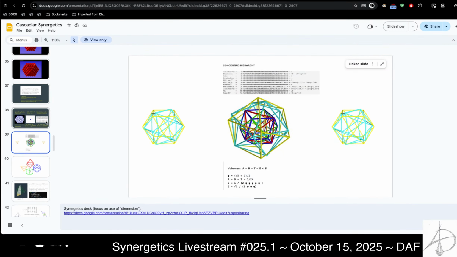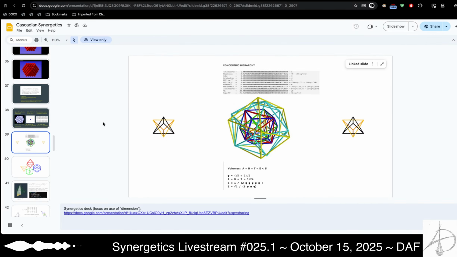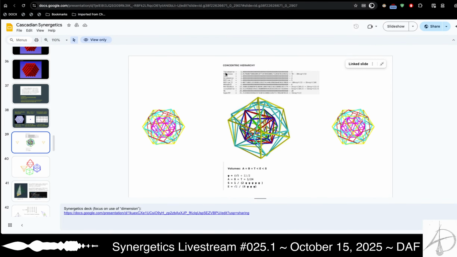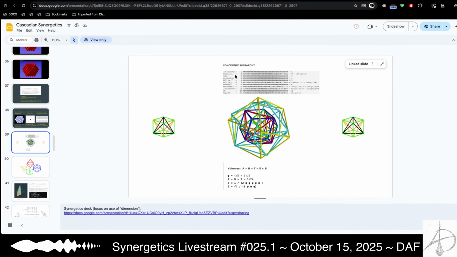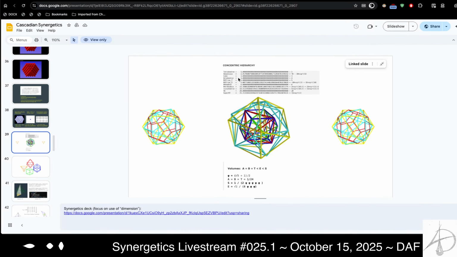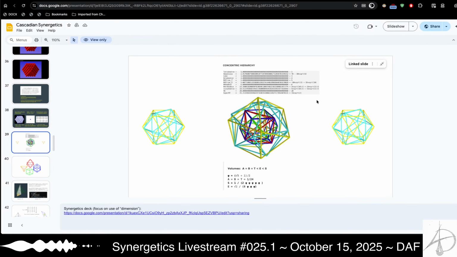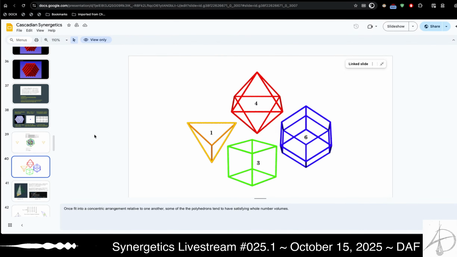Continuing on, it's not just that individual shapes, as we grow shells on them, have nice all-integer properties. It's actually that there's a very fascinating, mostly integer-accounted concentric hierarchy that's based around how these shapes all nest from a common center of gravity. So we have a tetrahedron with a volume of 1, cube, volume of 3, octahedron with a volume of 4, vector equilibrium with a volume of 20, and some other values that are described here.